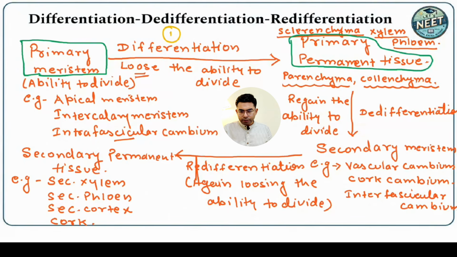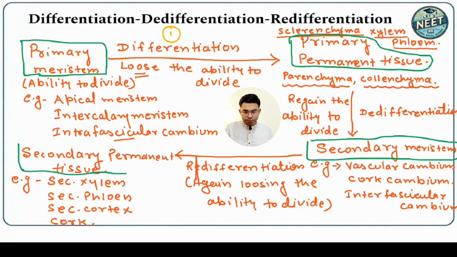Then the primary permanent tissue becomes secondary meristem, and then finally it becomes secondary permanent tissue. So now let's quickly see how questions will be asked. First question will be: which of the following are examples of primary meristem? So you will say apical meristem, intercalary meristem, intrafascicular cambium. Then they will ask that primary meristem undergoes differentiation and they will form